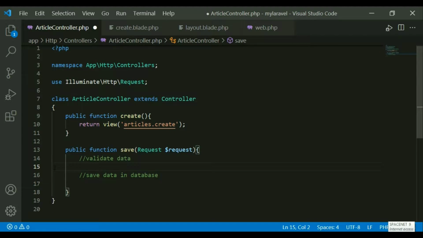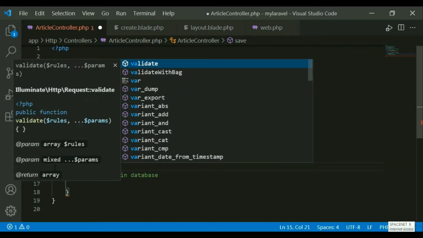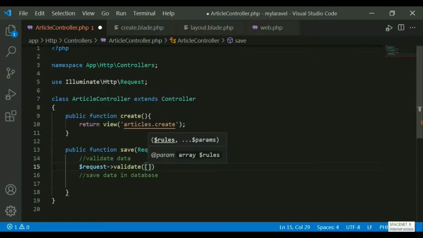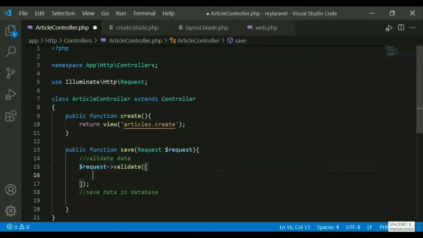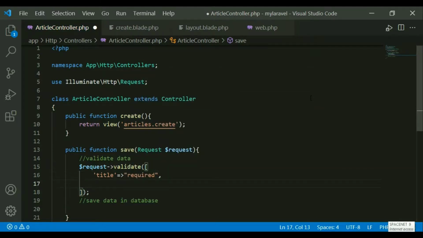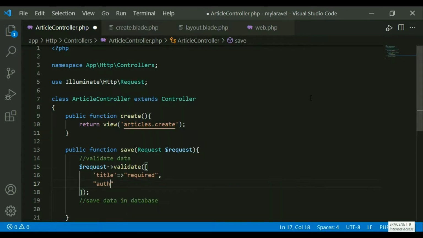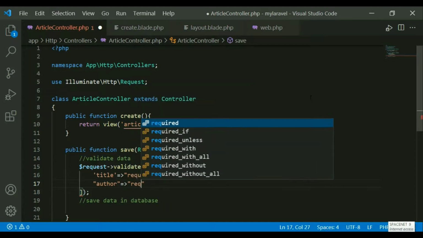Now I can validate it. Whenever you want to enter or save some data, validation is done by using the request. For more detail about validation, see my video. So this is the validate function. Here this validate function should contain all the rules for the fields. I have a title field. I want to use a very simple validation rule: I want to use request, this field is required. The second validation I want to use is for author, author should be validated like required.